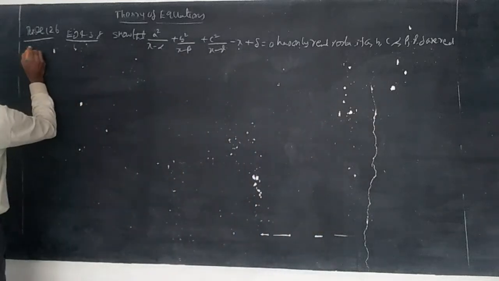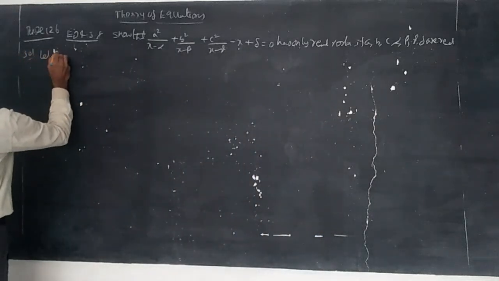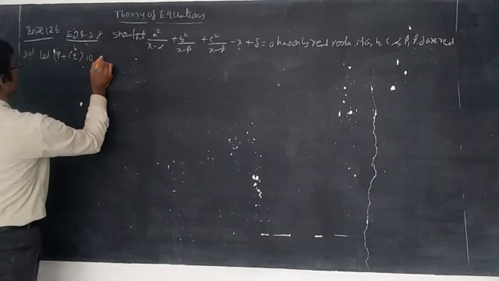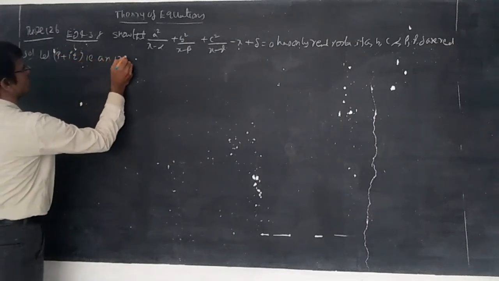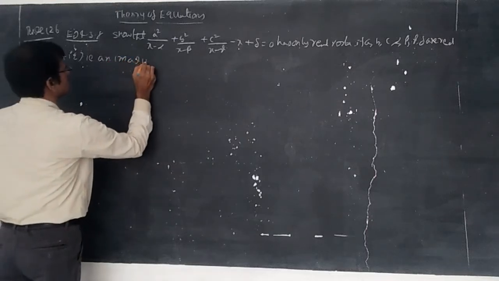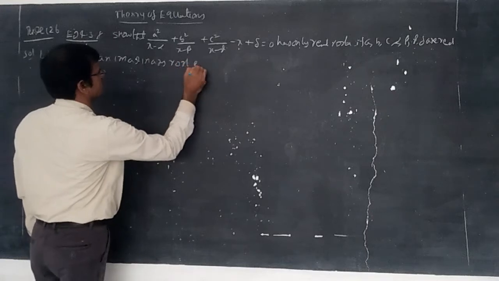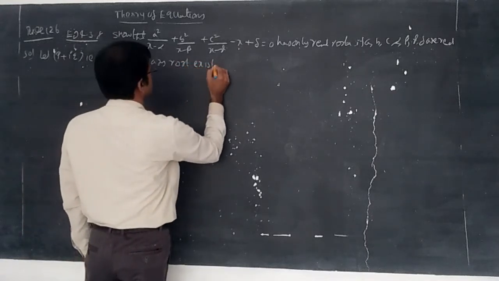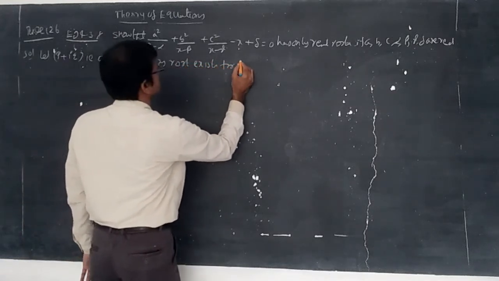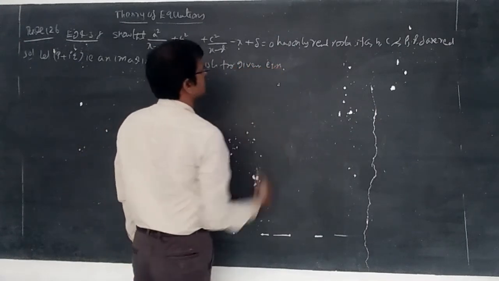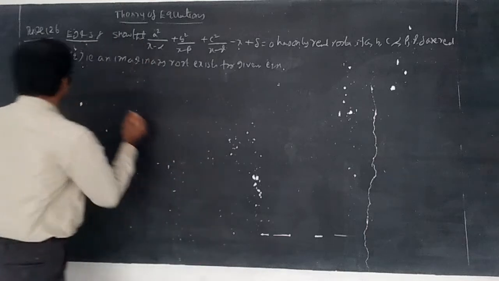Let me write: let p plus iq be an imaginary root. An imaginary root exists for the given equation. That implies